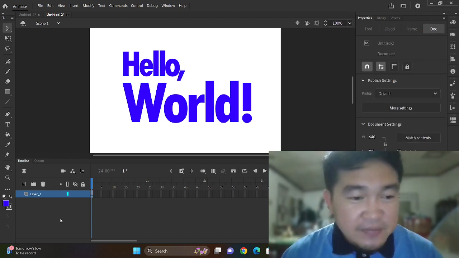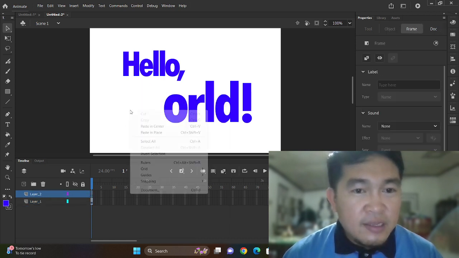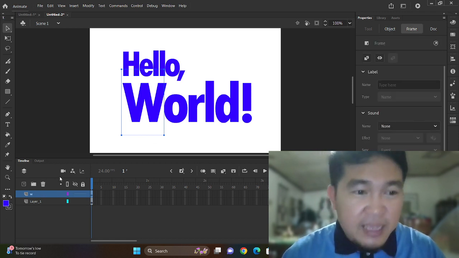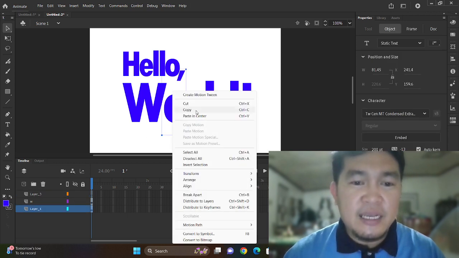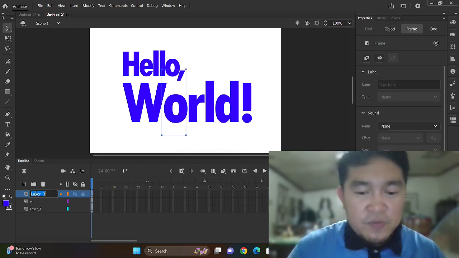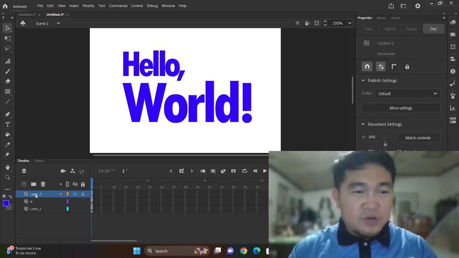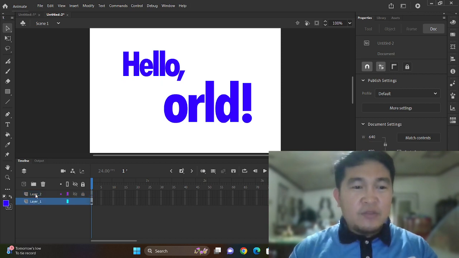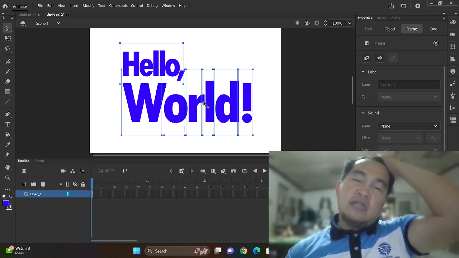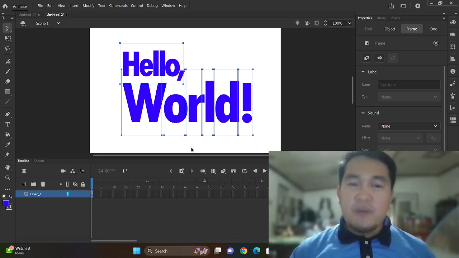Now, I can do this. Create a new layer. Cut. Paste in place. I name it W. Do the same thing: right click, cut, click here, paste in place. That's O. You do that, that's okay, but it will take you a lot of time. So instead of doing that, if you want to distribute all the objects here into its different layers so you can manipulate them individually or separately,